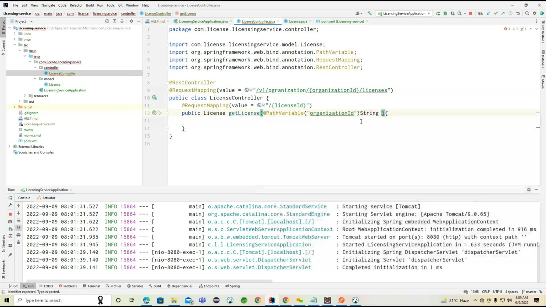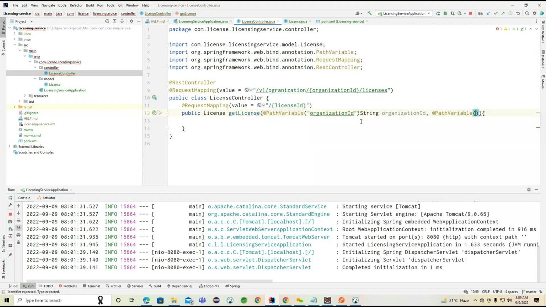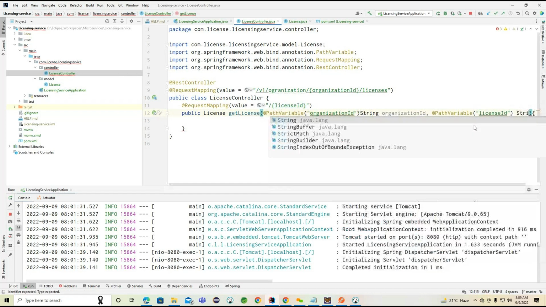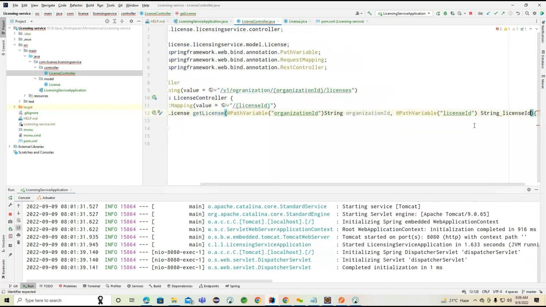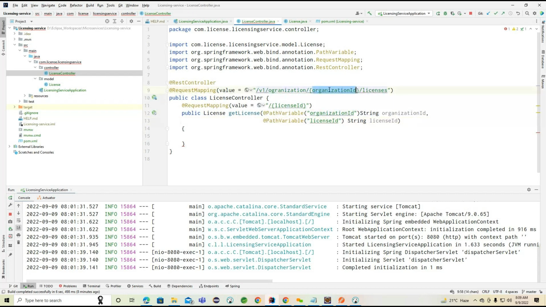After this, string organization ID, and the second one is the same path variable I want to select for this particular license here. Now license ID. We need to identify organization and license. Here we are providing one placeholder, and another one is inside this particular get